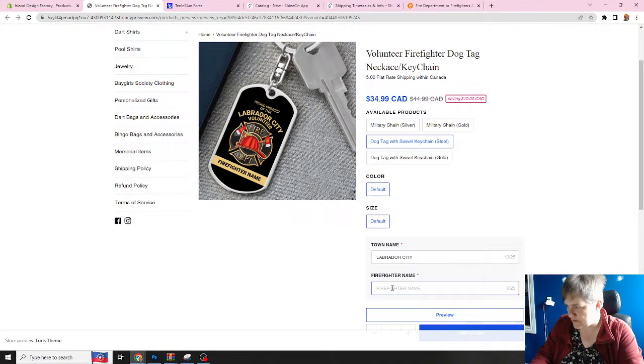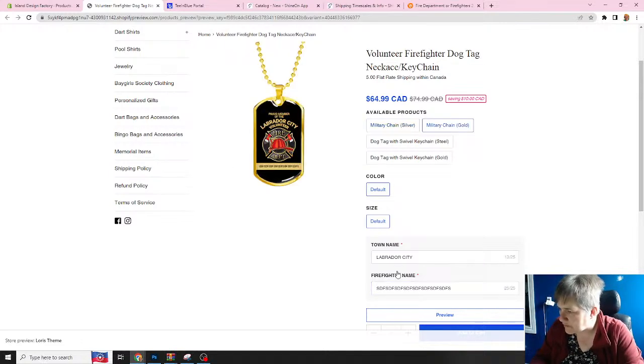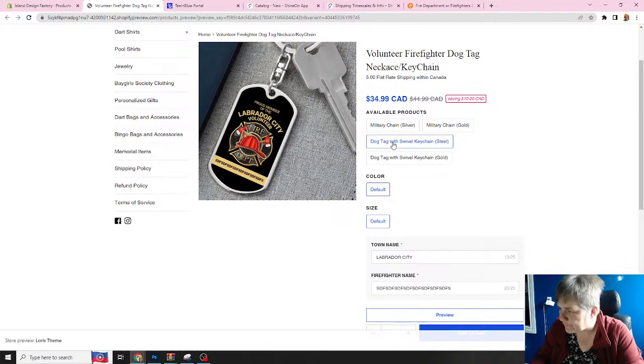Let's see. Try a nice long name on this one as well. Yeah, that one's fine. It's just the alignment that I did the mock-up on. I'll have to fix that. I'll show you how to do that now in just a sec. Let's try it on the other one as well. That one's got a big long name in there as well, and that looks fine. And that one as well. It's just this, the gold